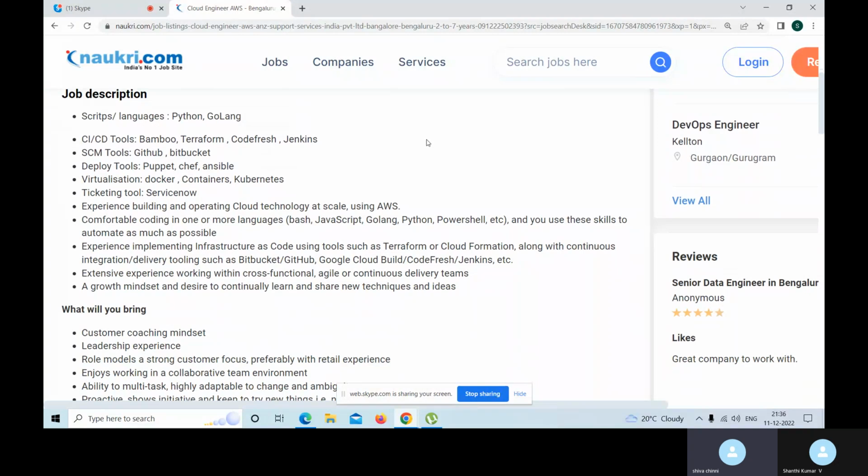So the job description, first of all, the script or languages, it has Python and Go language. So I know the Python language, and I need to learn this Go language in the scripting. And if you go to the next one, CI/CD tools, Bamboo, Terraform, Codefresh or Jenkins. So along with these tools, I know Terraform for the infrastructure creation, and Jenkins is the integration